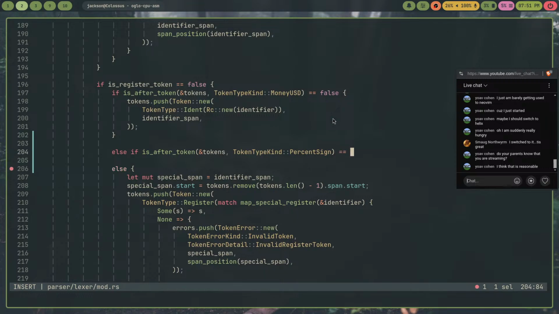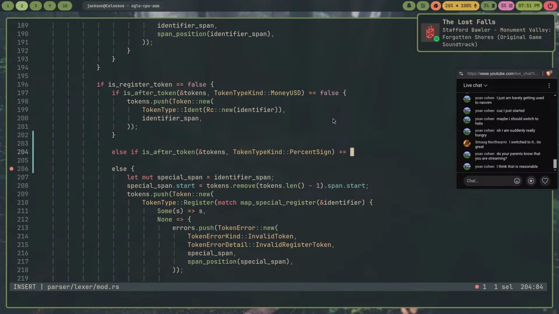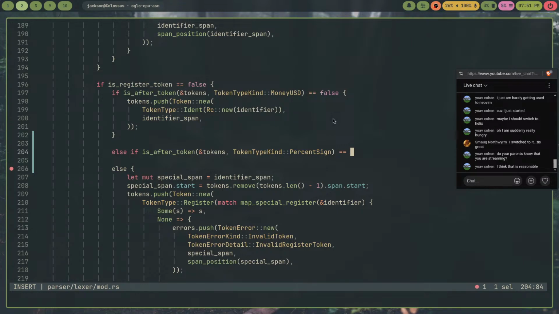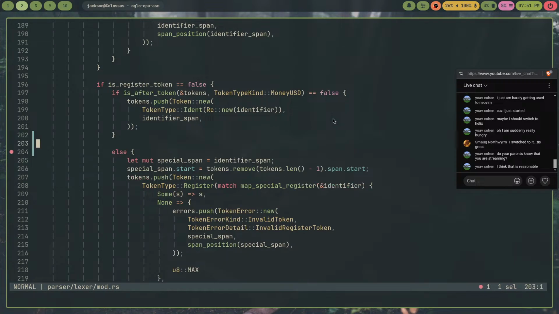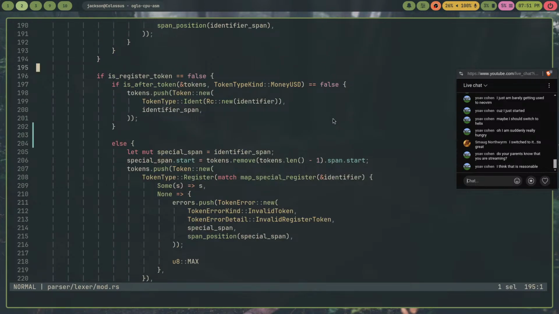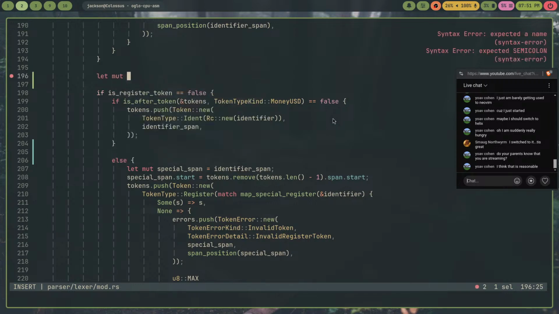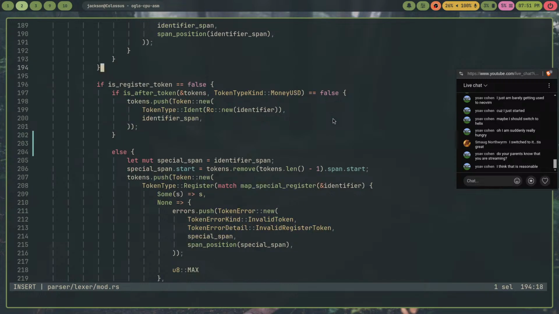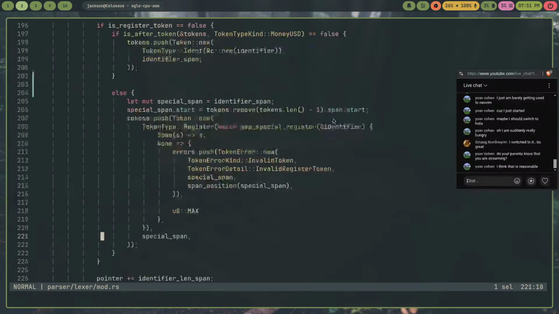I want to do if money token type ident money USD register. Oh, this isn't the right place for this. Actually, if register token,